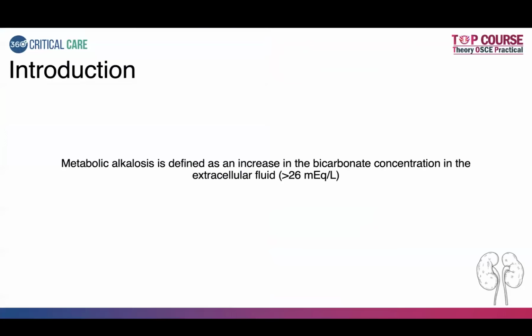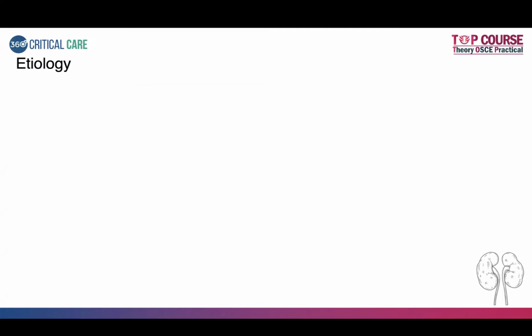So coming to the introduction, metabolic alkalosis is defined as an increase in the bicarb concentration in the extracellular fluid with values usually being more than 26 milliequivalents per liter. So coming to the etiology,